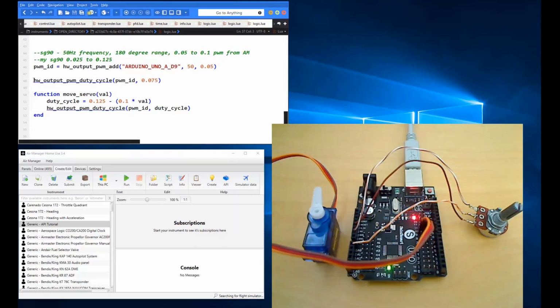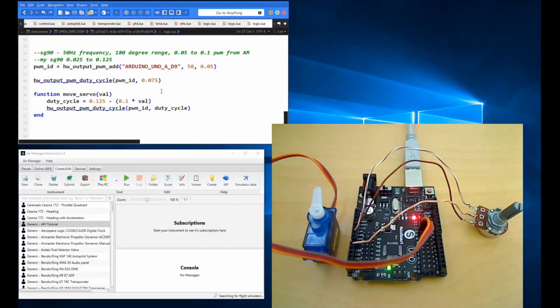So this is the way that you could use at some later point in your code, and you can see I've got some code down here. I'll explain what that does in a minute, where I'm also using the hardware output for PWM to change the duty cycle. But this is the one-off one that will get run at the very beginning, and we're going to use our ID to refer to this particular output, and we're going to say we want to set the duty cycle to 7.5%, so